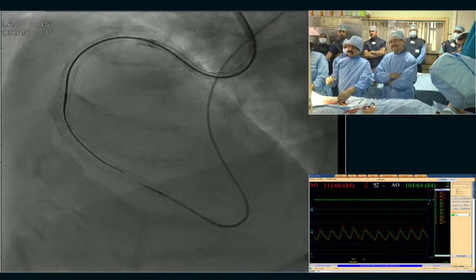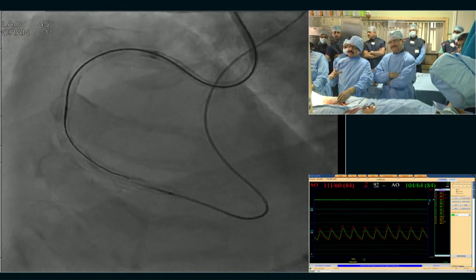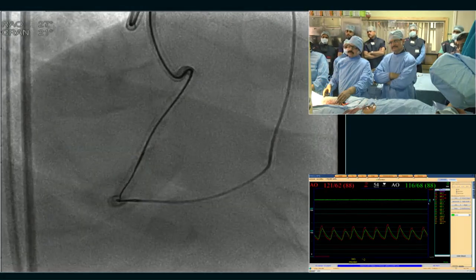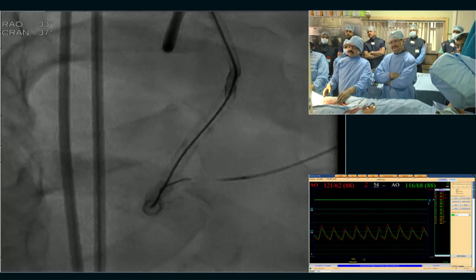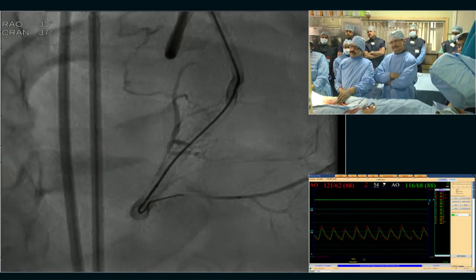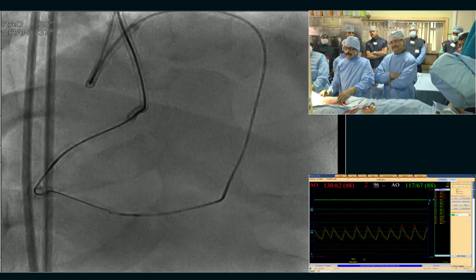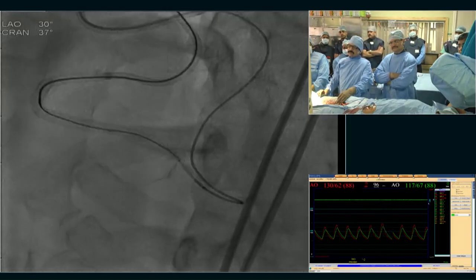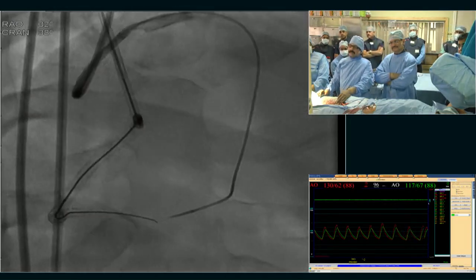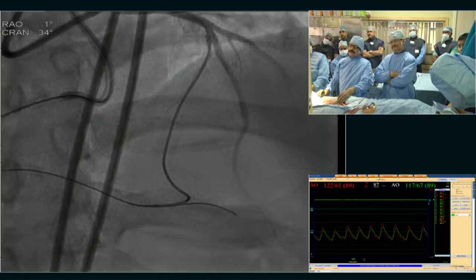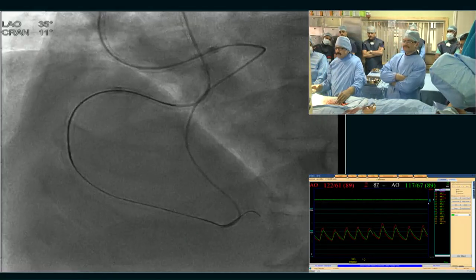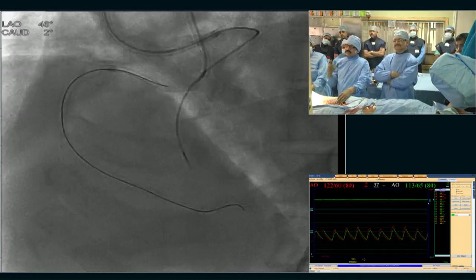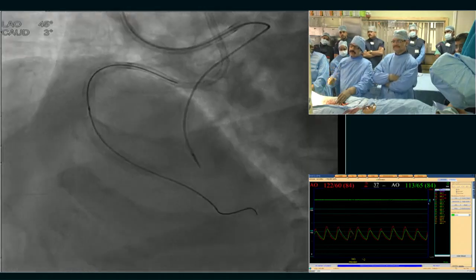Then finally, with a selective retrograde injection with the Corsair, next. So this injection showed we are in the true lumen, so I could cross with the Gaia 3 finally. But I don't want to keep the Gaia 3 there. So next, we had a balloon trap and exchanged, and we have done a 1 millimeter Sapphire balloon, could not go, 1.25 could not go, and finally Tazuna 1.25 could cross and dilate the